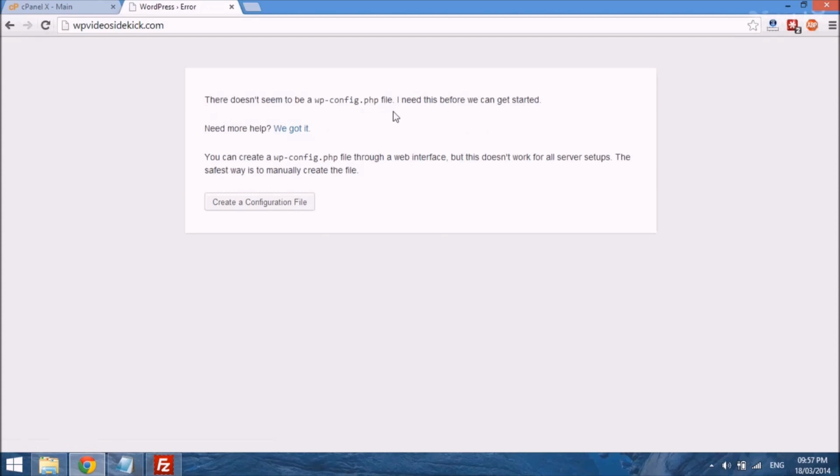Now you just see this message here that says there doesn't seem to be a WP config file, and there's a button here that says create a configuration file. So you go ahead and select that button,